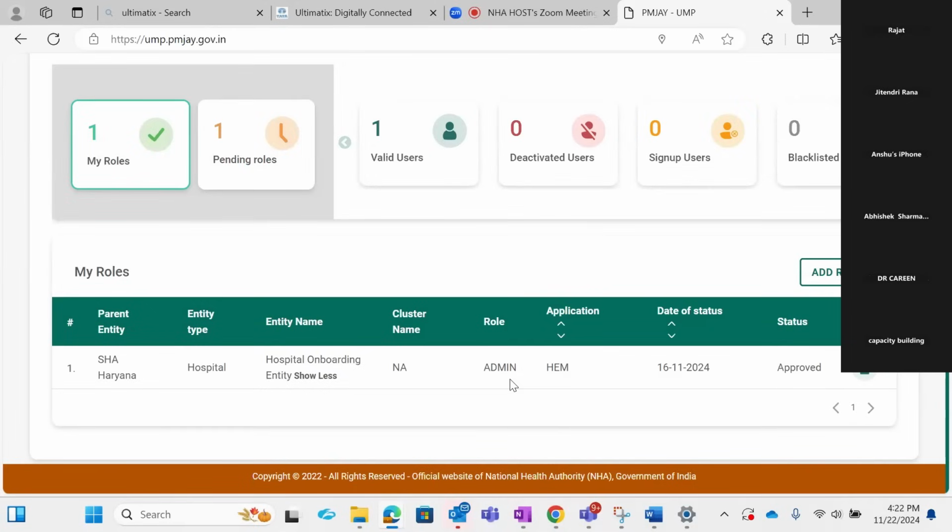These are the users who have a hospital, but it is not there in the system. In case your hospital is already onboarded, that is, migrated from 1.0 to 2.0, and you are able to view it in the drop down, you will raise the request for this hospital directly for the hospital admin, and that will go to the state. I think this step is also already done for multiple hospitals, right? It means we have hospital admins. That's why the medcos are working, the PMMs are working, right?